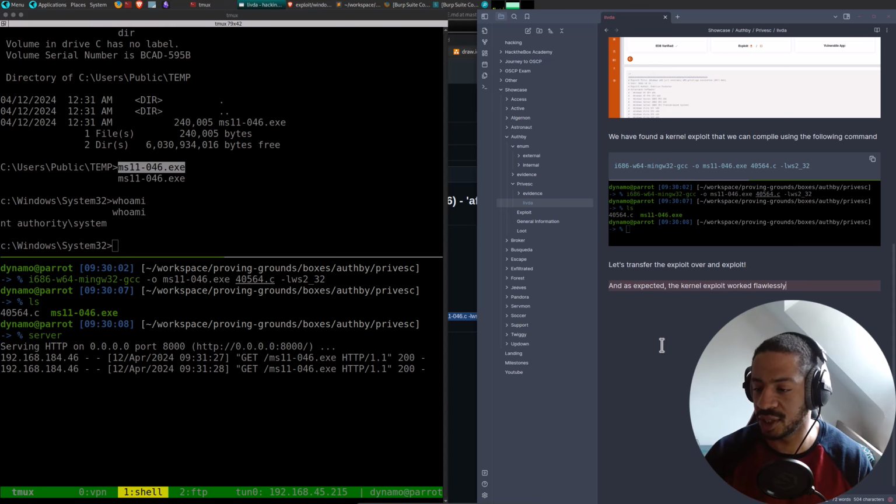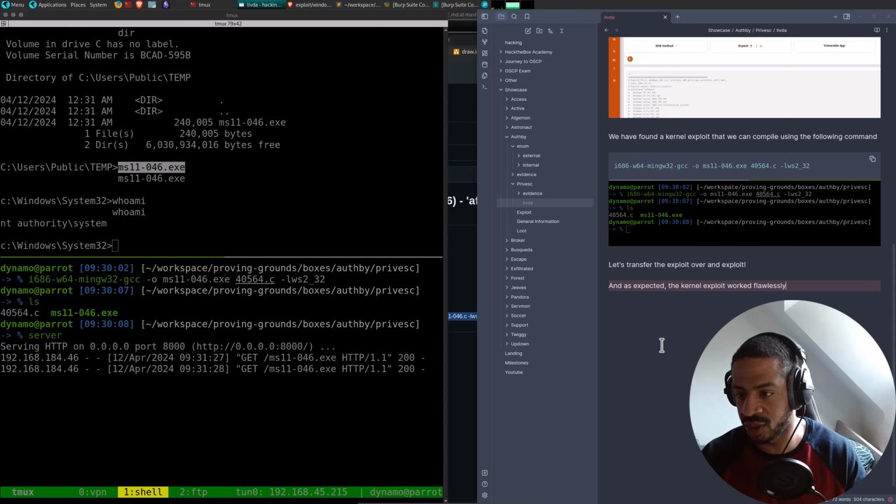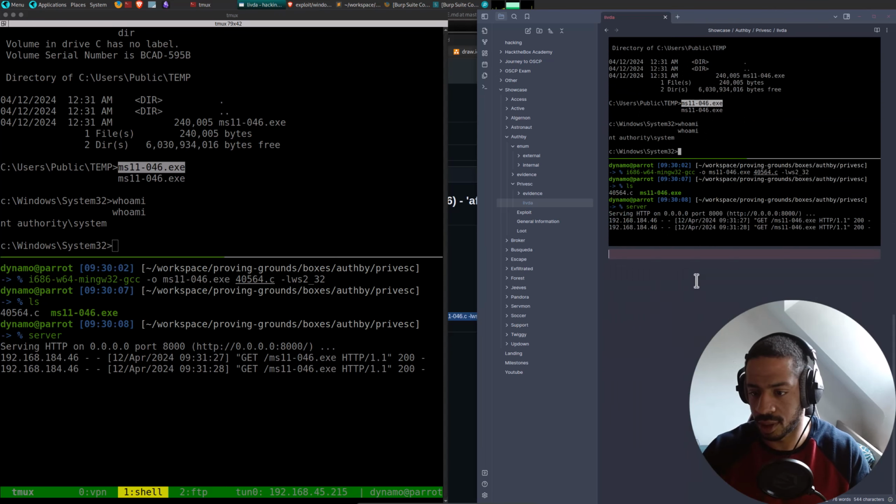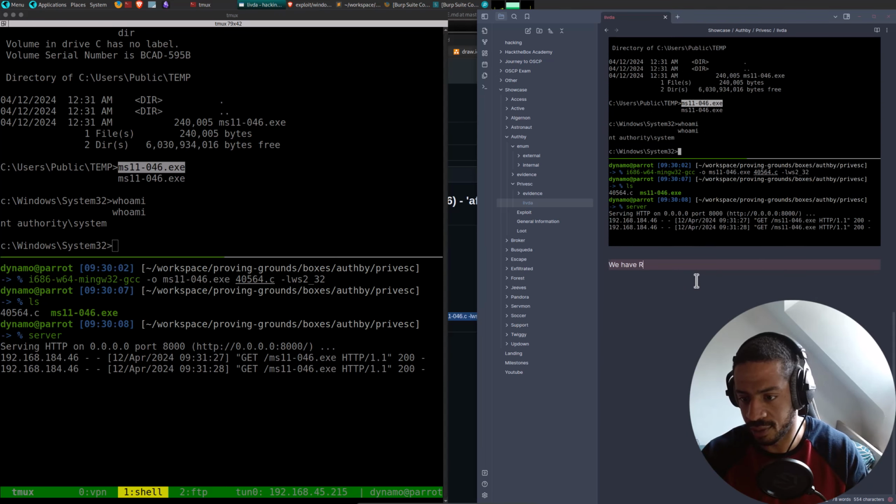Yeah, when it comes to these old builds, the exploits have been around for so long, they work. So like that, we have root. No, sorry, let's call it how it is: NT authority system.